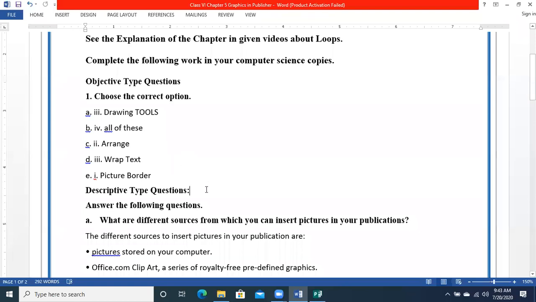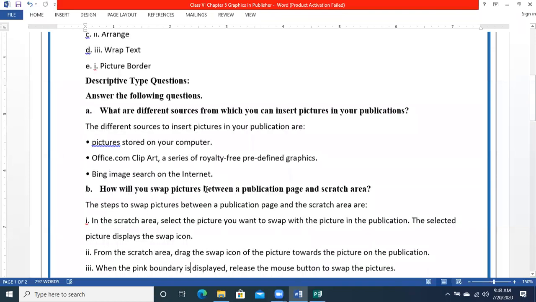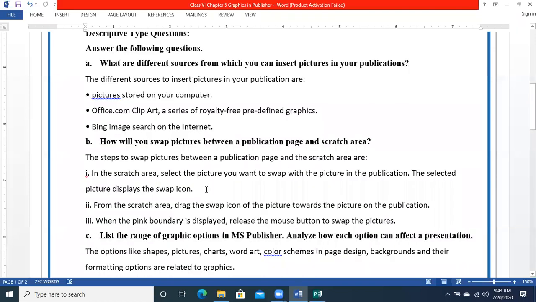Now see that there are some other questions, the descriptive questions about Microsoft Publisher. Question A: what are the different sources from which you can insert a picture? Already I have told you how you can insert a picture.